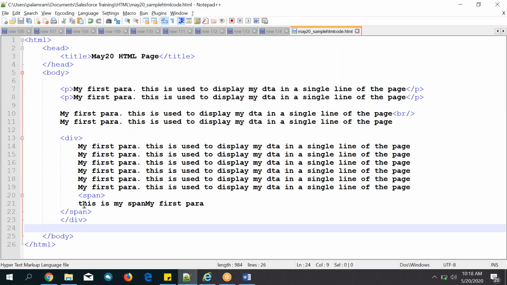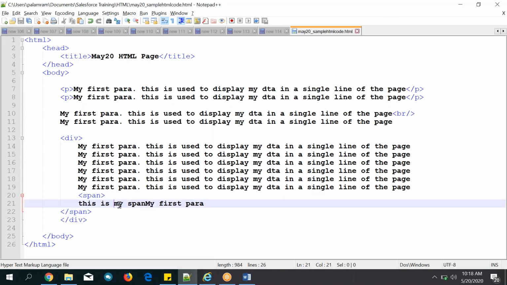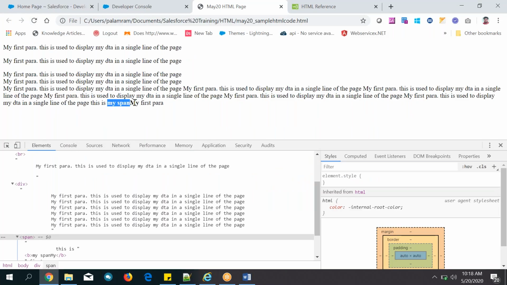Let's go. Which text do you want to display first? Only this text I want to display in bold. So you can put this text in between the tag. What is the tag? B tag. So put this text in between the B tag. That's it. Save it. B tag is started and ended in between what you want to display in bold. So this text will now be displayed in bold format. Come over here, refresh it. You can see here.